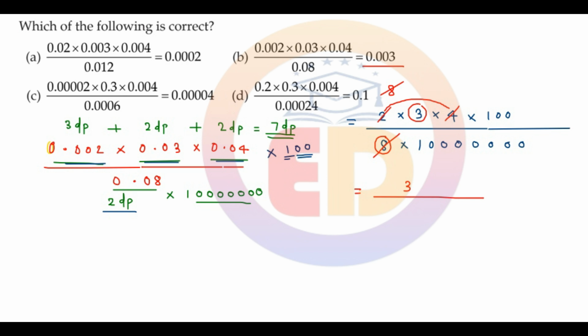Now the next term in the numerator is 100, which has 2 zeros. These 2 zeros can be cancelled by the 2 zeros of the denominator. So again I am left with 1 followed by 5 zeros. And remember, when there are 5 zeros in the denominator, then we go to the numerator, and from the right side I count 5 digits. 1, place a 0, 2, place a 0, 3, place a 0, 4, place a 0, 5, put a decimal point. It will become